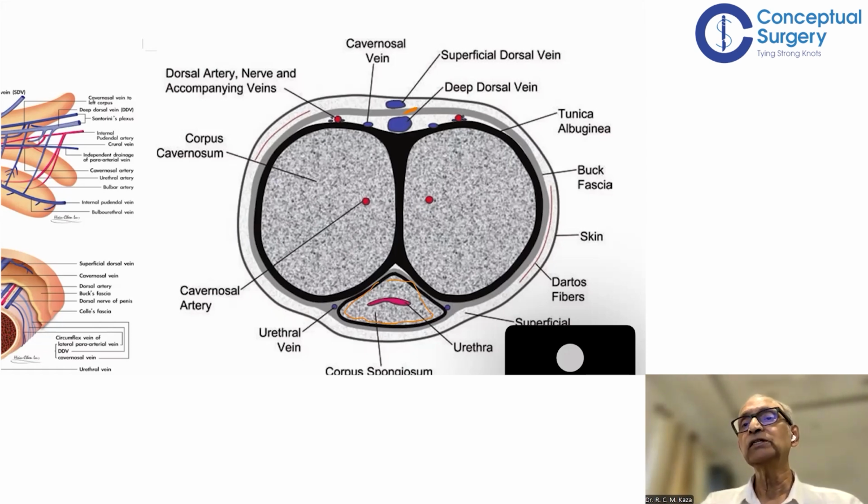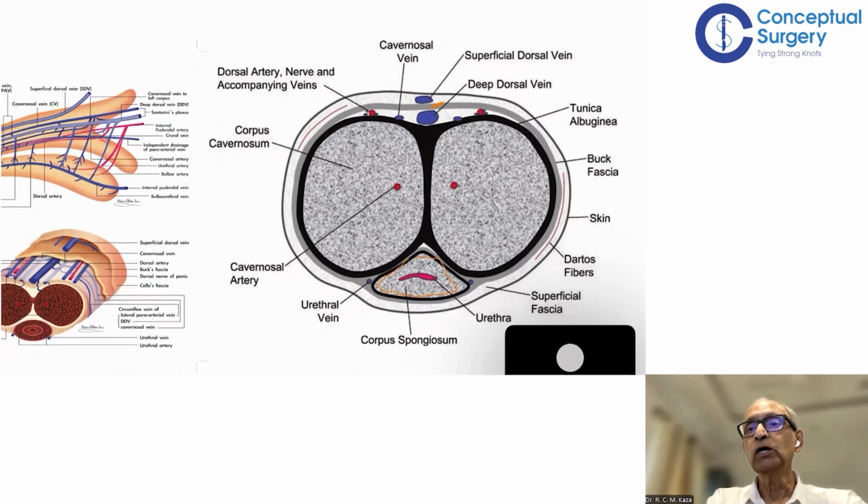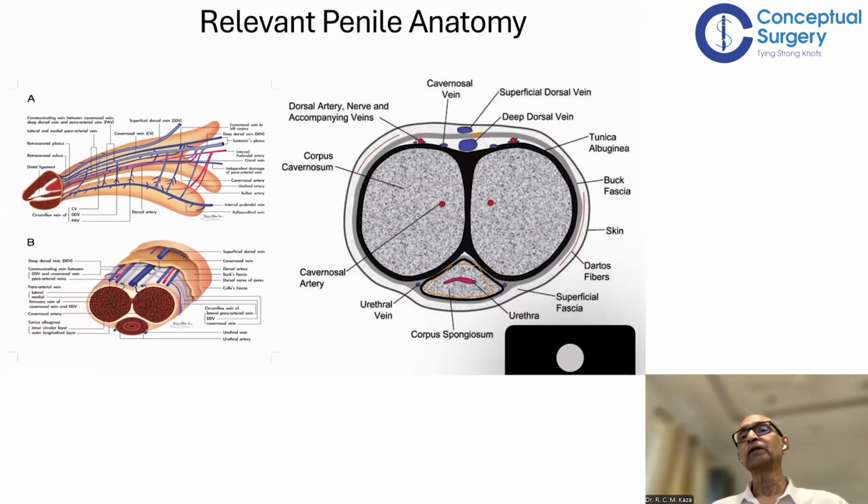Because either during the course of the injury or at the time of repair, you may injure them. So we do not want iatrogenic injuries. Something has occurred as a part of the basic injury, we cannot avoid that. But even if injuries do take place, it is possible to repair, particularly the neural structures. So this structure is very important for us to remember, because in subsequent slides I'll show you how this structure will actually impact upon the pathophysiology.